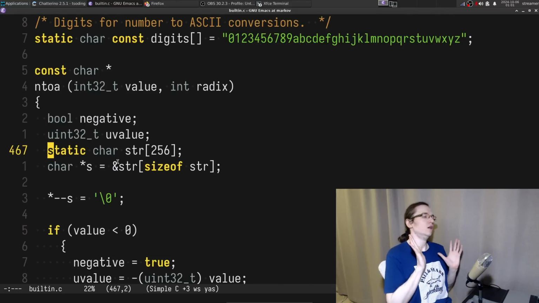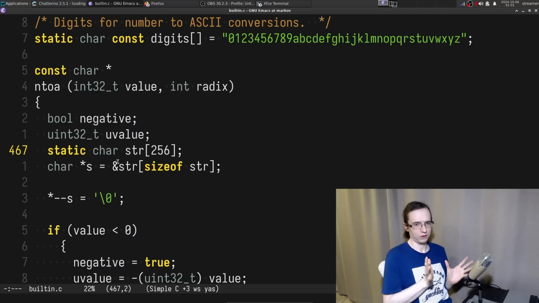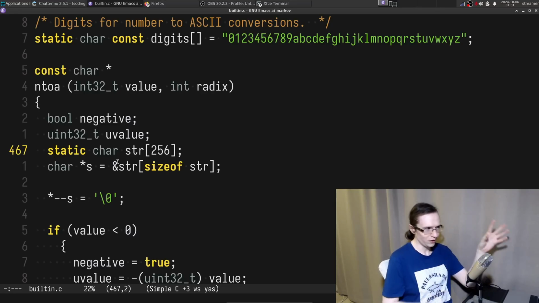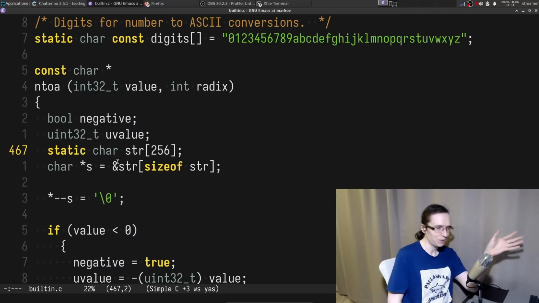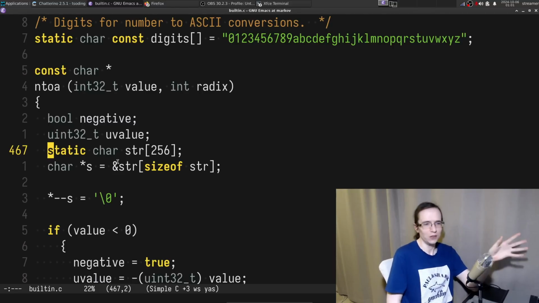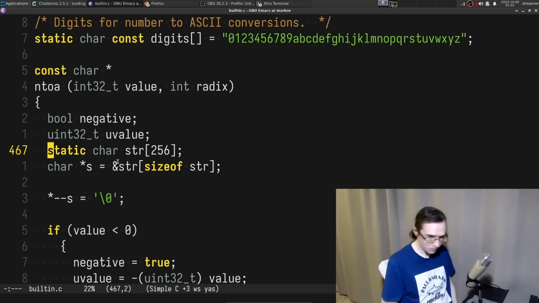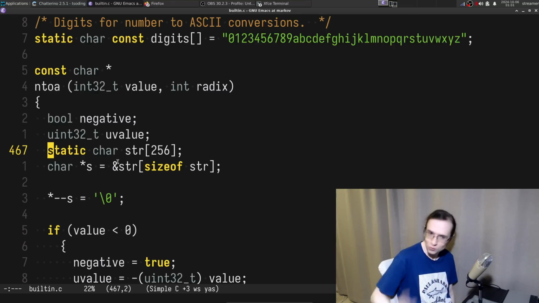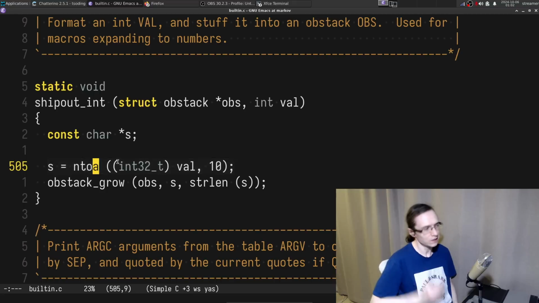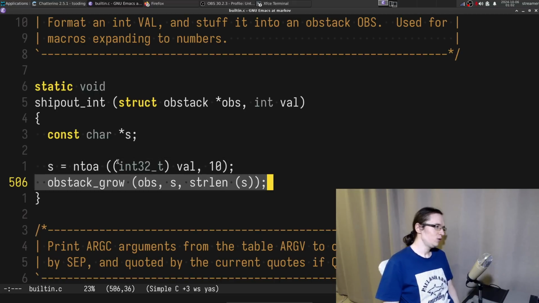Holy shit. I almost had a heart attack. I thought they allocated some stuff on the stack and then returned the pointer to the stack, and I didn't notice the static keyword. Rust, by the way, would not have allowed that. Anyways, that's how you actually do that.